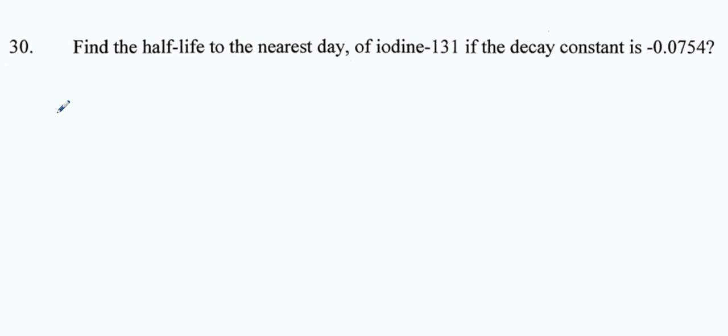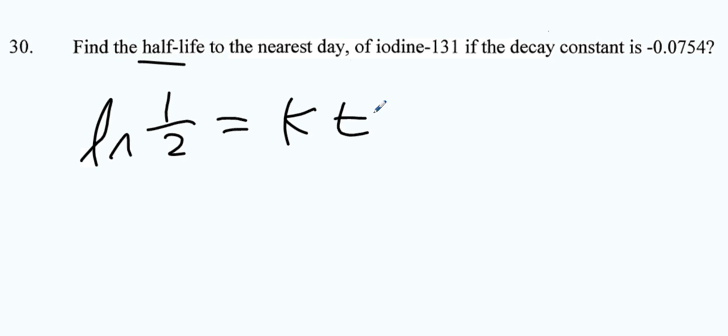Half-life. You can just remember the half-life formula, which is pretty easy because it's natural log of a half, because it's half-life, equals KT. So the decay constant, that's K. So if we're trying to find the half-life, we're just solving for T, so we're going to divide by K. So we do natural log of 1/2 divided by